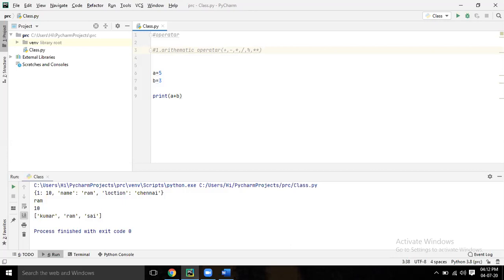Now double slash is floor division. Okay, bracket close. These are our arithmetic operators.